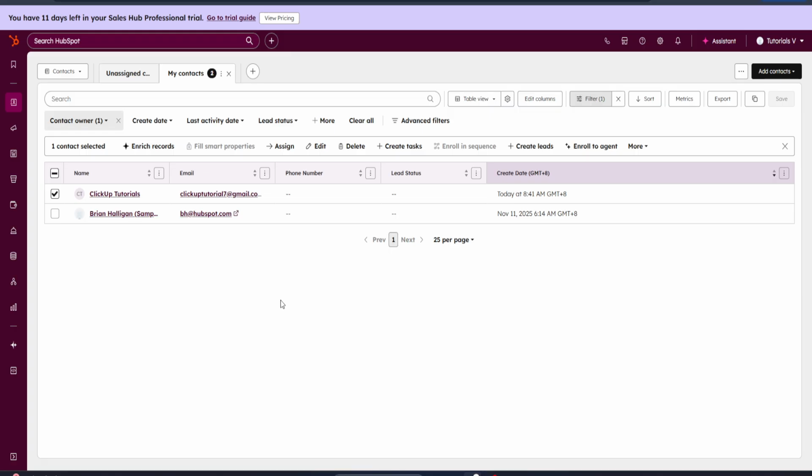relationships. That wraps up our tutorial today on managing leads and personalizing prospecting with HubSpot Sales Hub. With these steps, you're now ready to optimize your lead management and make the most out of your